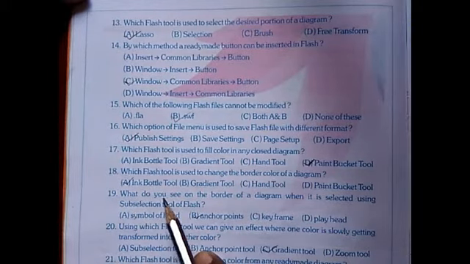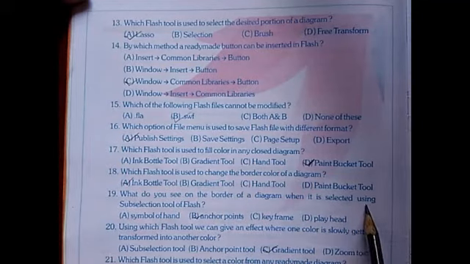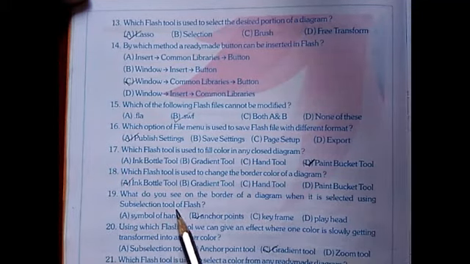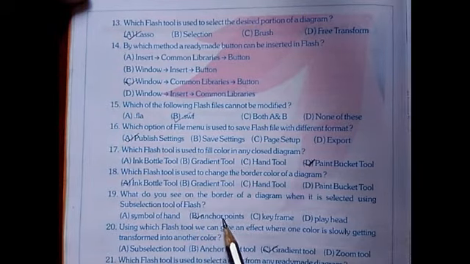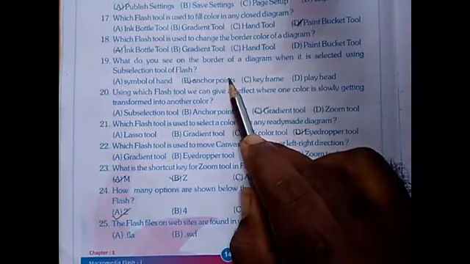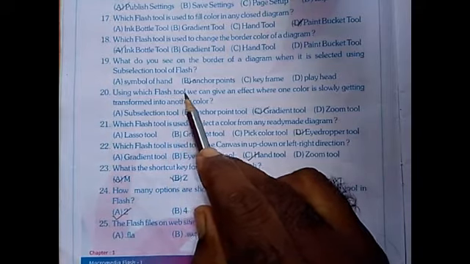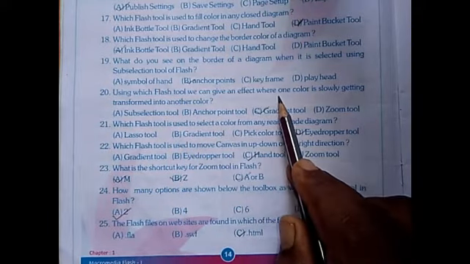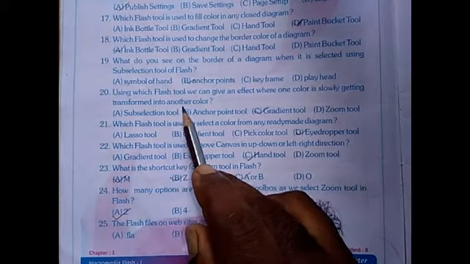19. What do you see on the border of a diagram when it is selected using the subselection tool of Flash? Answer B, anchor points. 20. Using which Flash tool can we give an effect where one color is slowly getting transformed into another color?